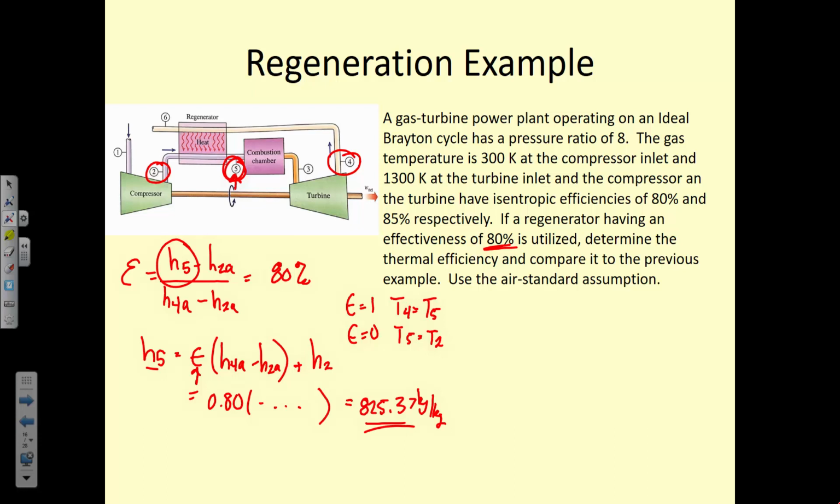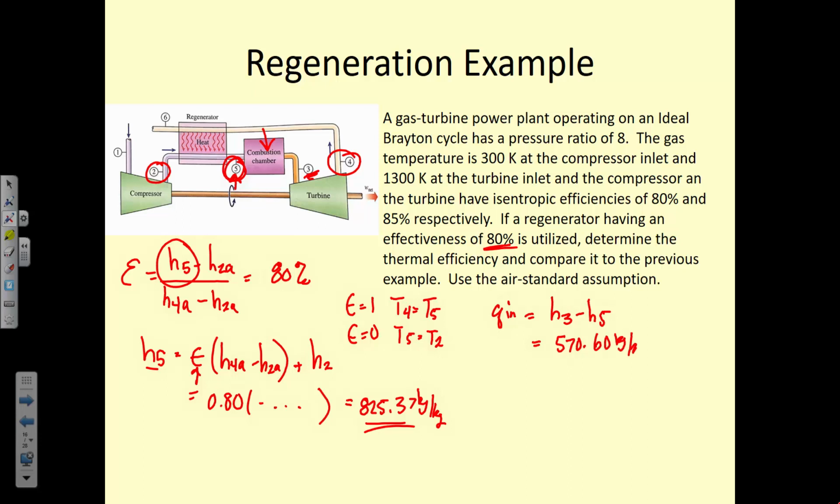Okay, so now that we know our H5 term, we can determine how much heat is required to go into the fluid in order to have the same H3 value that we had previously. So we're going to reduce the amount of heat that's required because we've preheated our fluid. Q in is equal to H3 minus H5. So we find that is